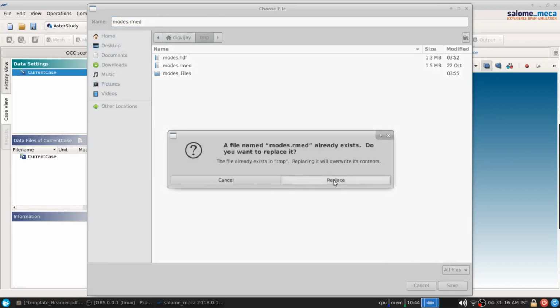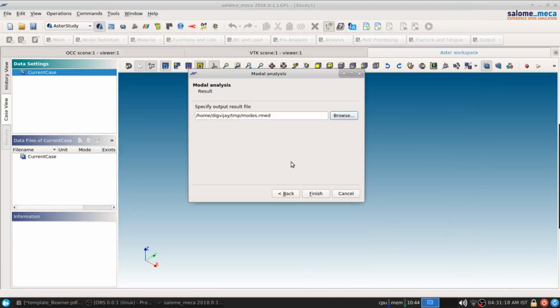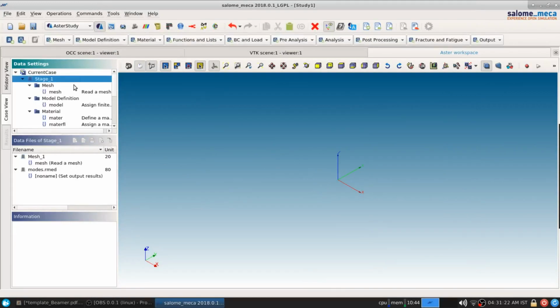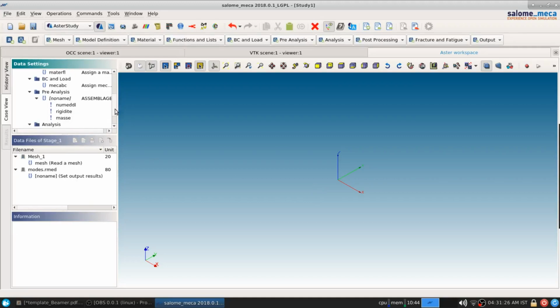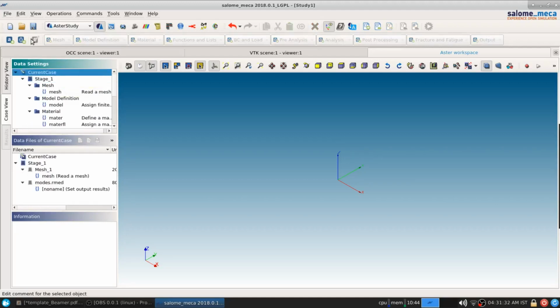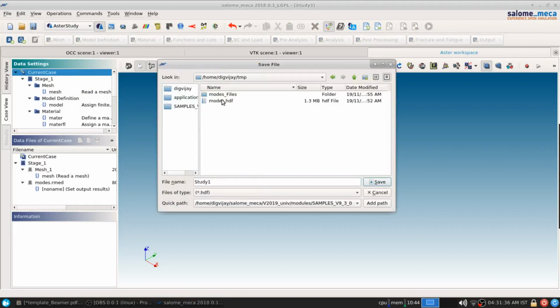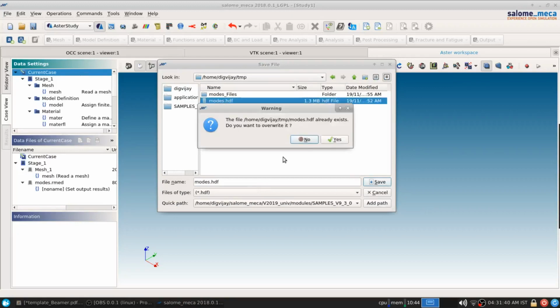Save and let it replace. Finish. Now you can see the entire study is populated here. You don't need to do anything over here now. This is done. So just save this study and save it as maybe say modes.hdf,